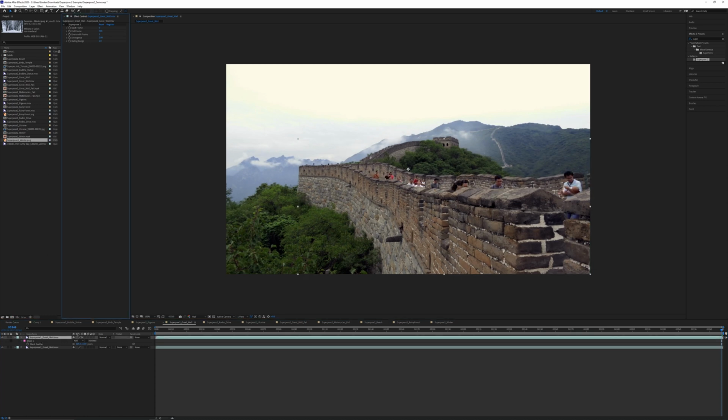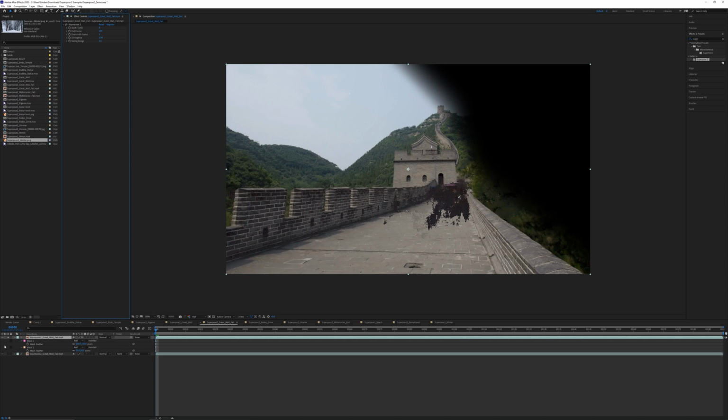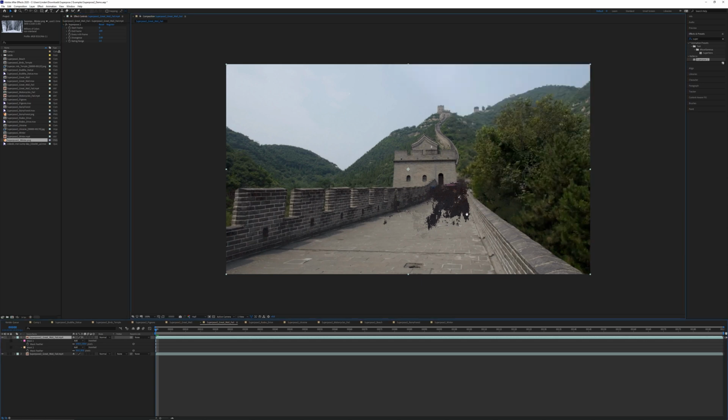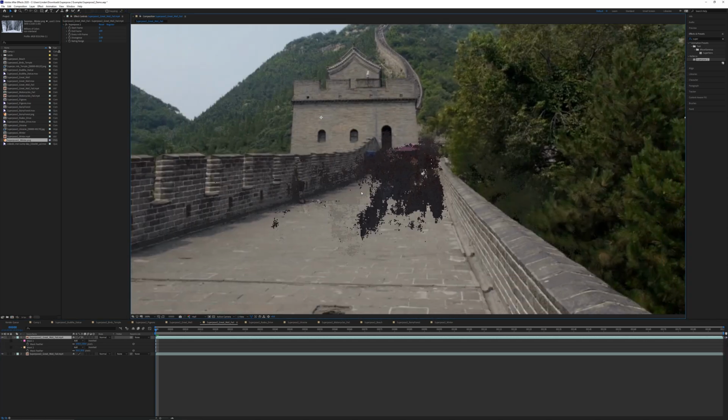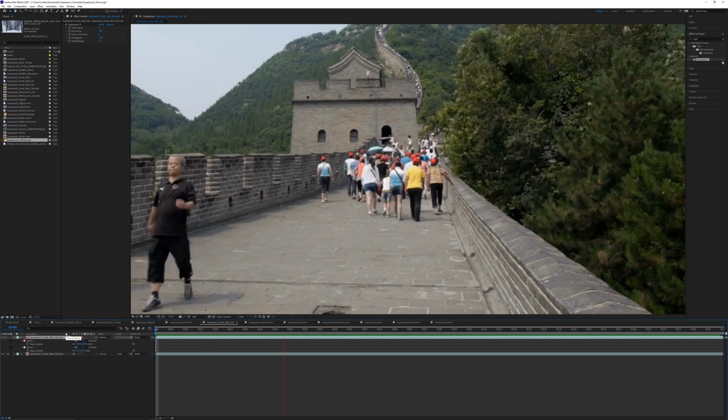And the same thing for this shot of the Great Wall. Now, the biggest issue is that the camera can't move, and obviously every pixel in the background needs to be unobstructed at some point of the video. So with this particular shot, this entire part of the background is a muddy mess, and there's nothing that we can do to alleviate that because the people are blocking that area throughout the entire video.